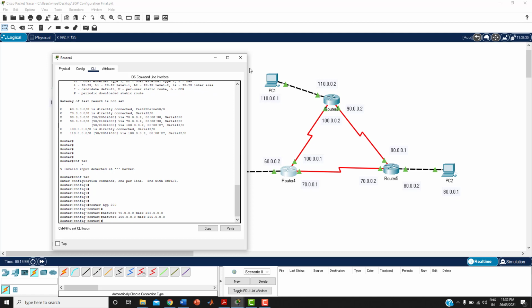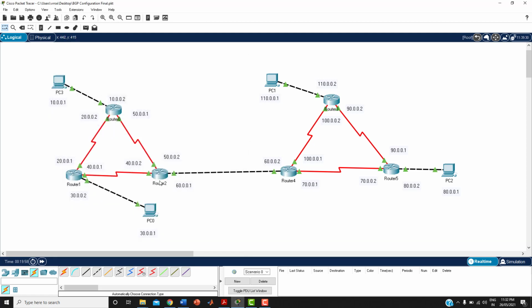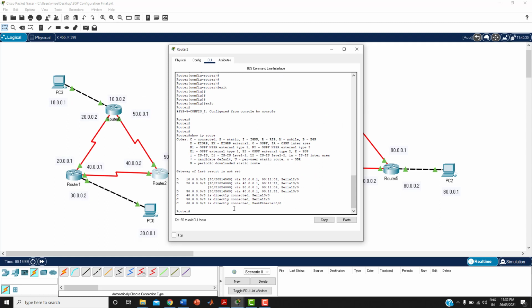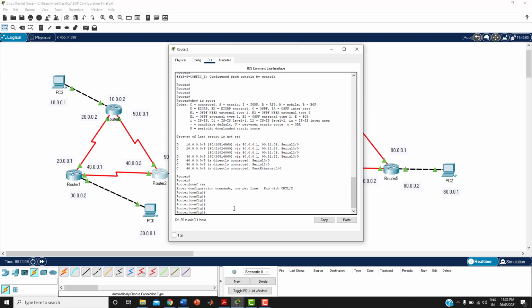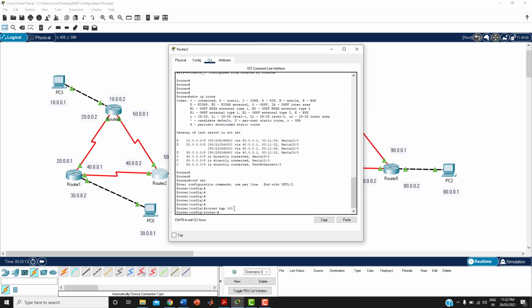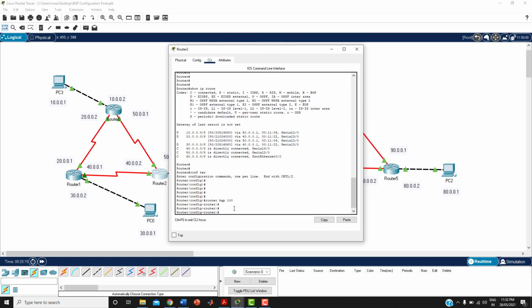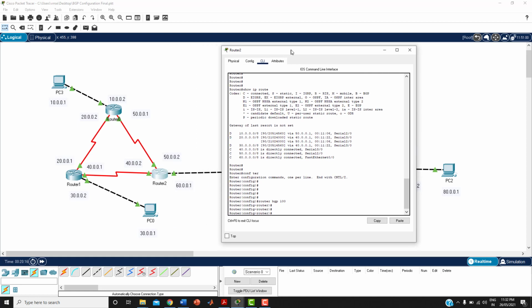Now close this. Go to the next router. In the next router also I'm going to do the same thing. Enable, config terminal. Now router BGP, this is autonomous system 100. Here I'm going to advertise another two networks. 60 we already advertised. Now I'm going to advertise 50 and 40.